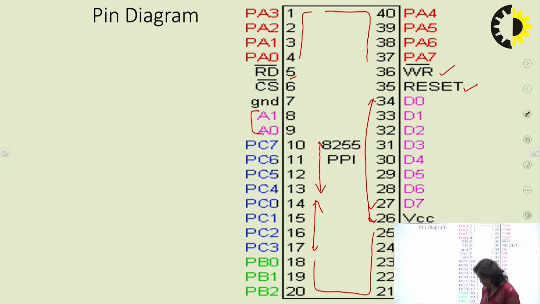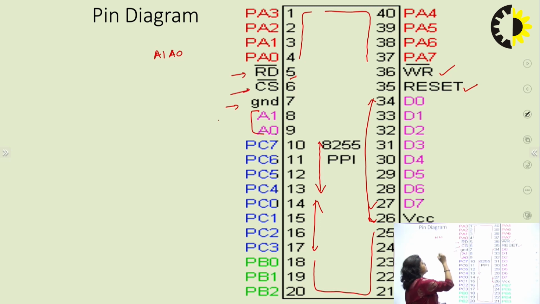The address bus consists of 16 bits for 8085 and 20 bits for 8086. So the two LSB pins A1 and A0 of the address bus are connected to A1 and A0. Pin number 7 is ground. And 5 and 6 are read bar and chip select. So these are all the pin configurations of the 8255 Programmable Peripheral IC,